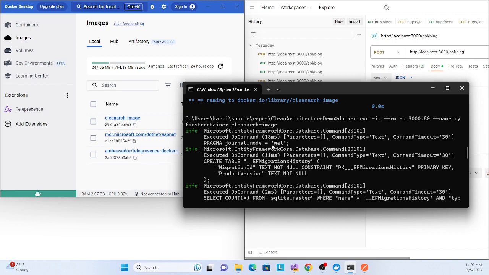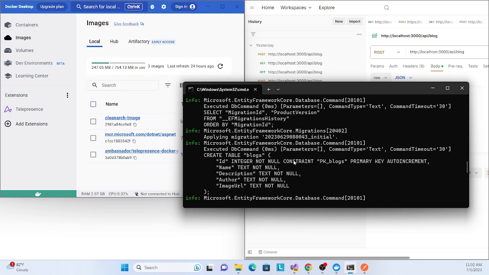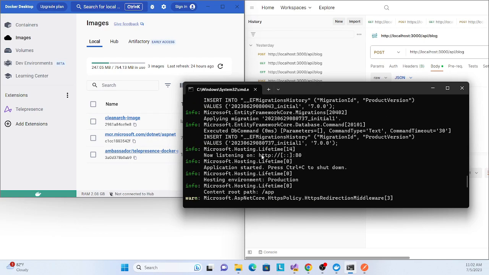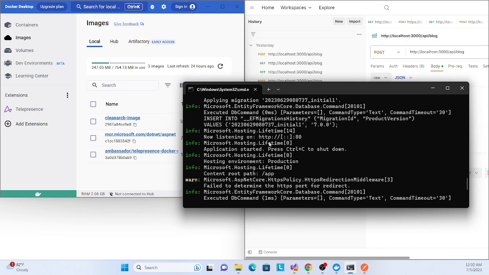Once it's running our application, you see our application is running on port 3000, and it's also giving some log information, listening on our localhost 3000.